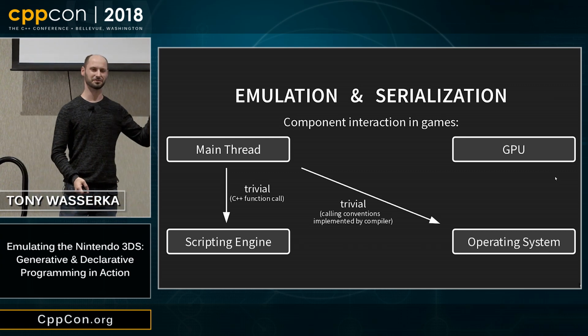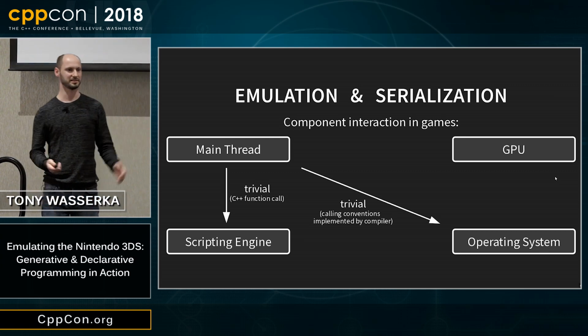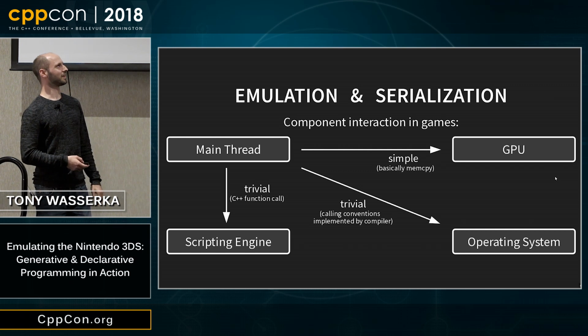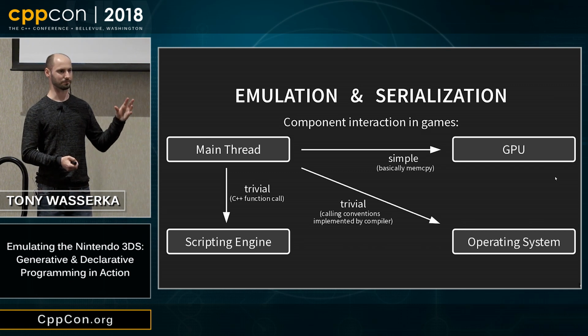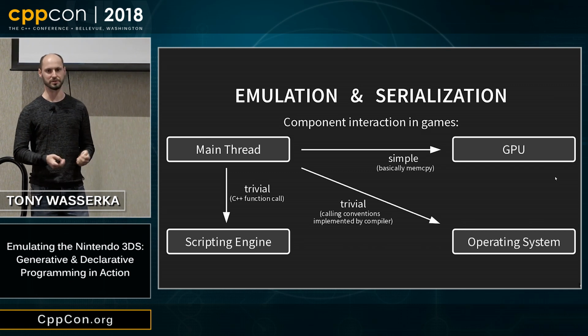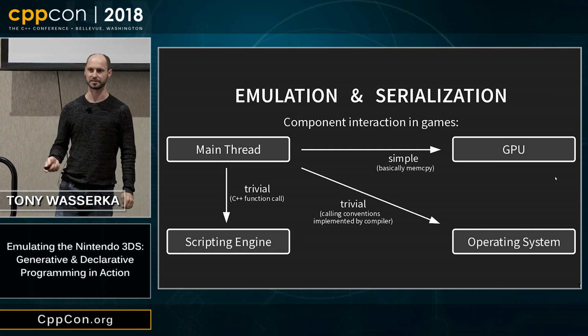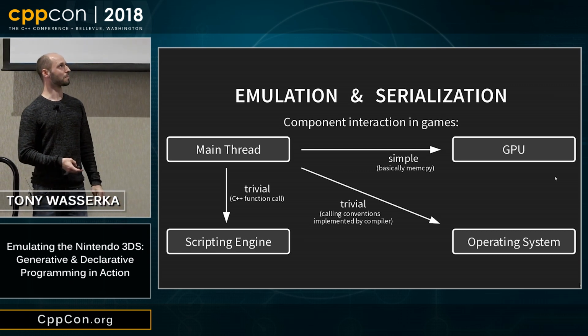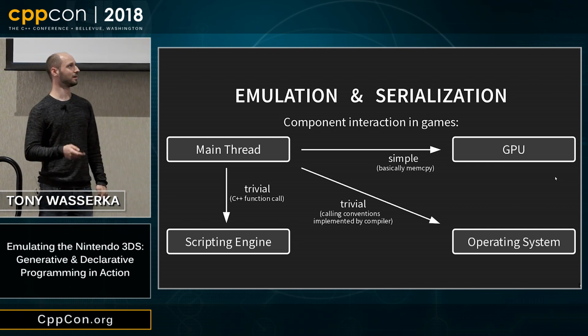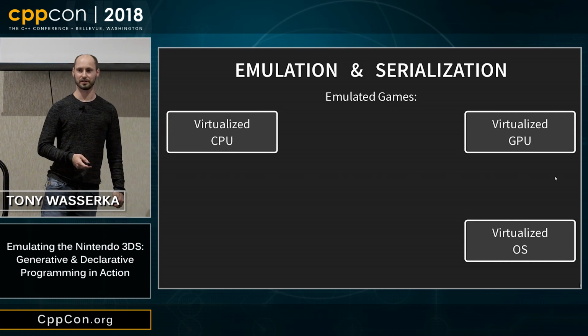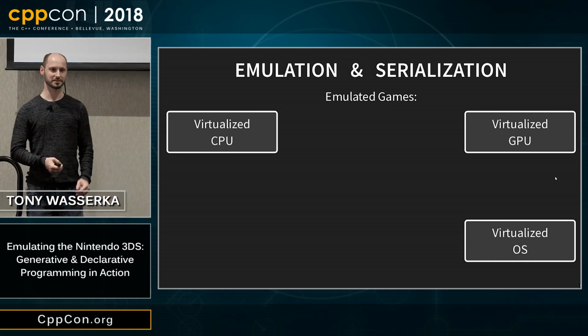But that's kind of taken care of by the compiler, so that's easy too. And the most complicated case is when you try to interact with the GPU or the GPU driver. You need to send binary data to the GPU, for instance, vertex data or state updates. But at the end of the day, that's not a function call, but just a mem copy around, so that's really simple as well. But if you try to look at it from the lens of an emulator, things get